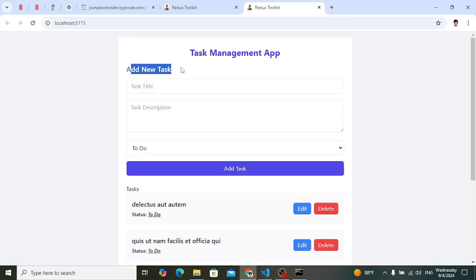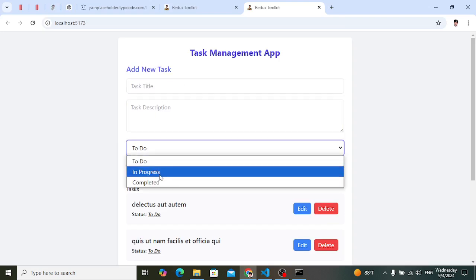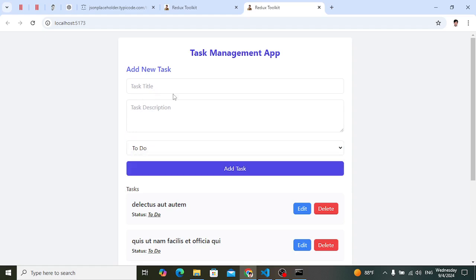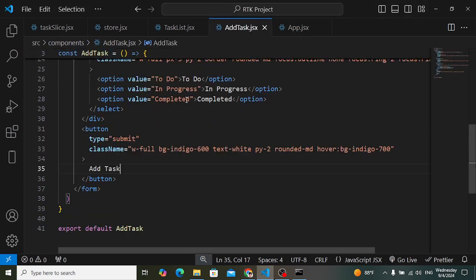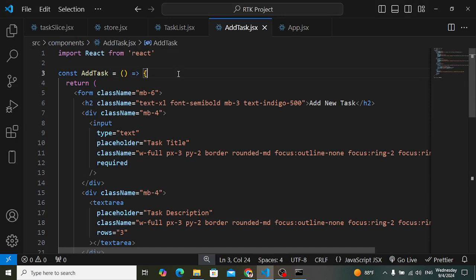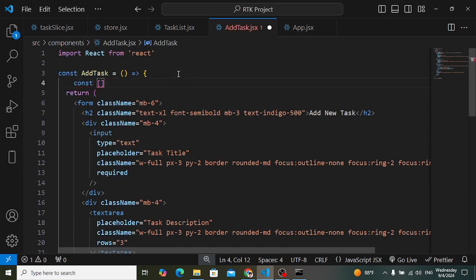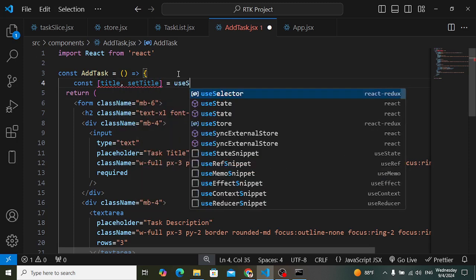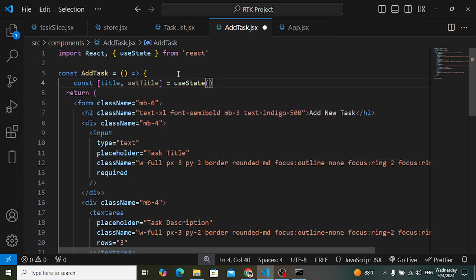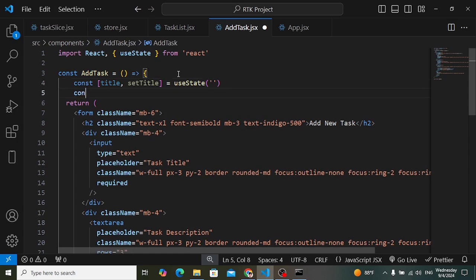So look at, we have this form, add a new task, and title, description, and also to do, in progress, and completed. Let's first of all create 3 state variables to store the values of these 3 input fields. So to store values inside that, let's create 3 state variables. First of all, const title, setTitle, description,